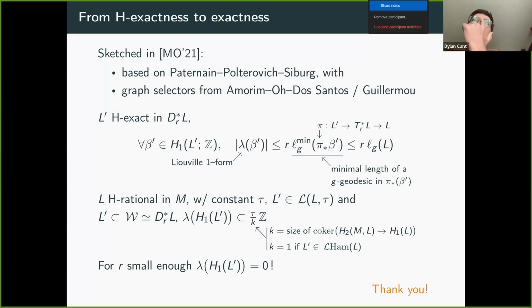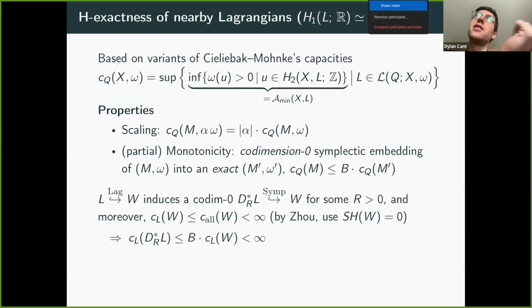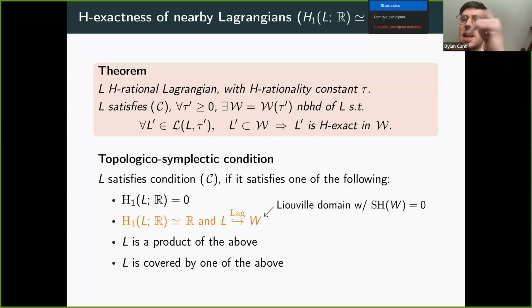I guess I have another question. Can you show me again this list of Lagrangians? It was like a circle, product of two things, the embedding into the thing. Is this it? Yes. I see. Yes. And the thing is that for H1 equal to 0, things are kind of magically working out by themselves because you don't have H1. For H1 of dimension 1 plus this Lagrangian embedding, I kind of explained.